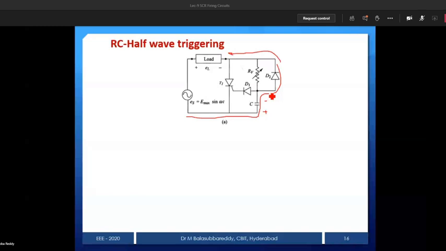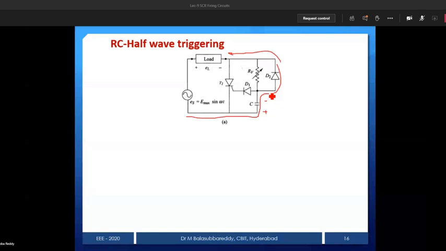Very simple. Current through the capacitor gradually decreases as the voltage across it increases. Or reversely, I can say that when the voltage across the capacitor is 0, it will allow more current through the capacitor. Once the voltage across the capacitor reaches the rated value, then current through the capacitor is 0. That is the logic. Now what will happen? Initially no voltage, so it is allowing more current through the capacitor. Then what will happen? Capacitor is charging.